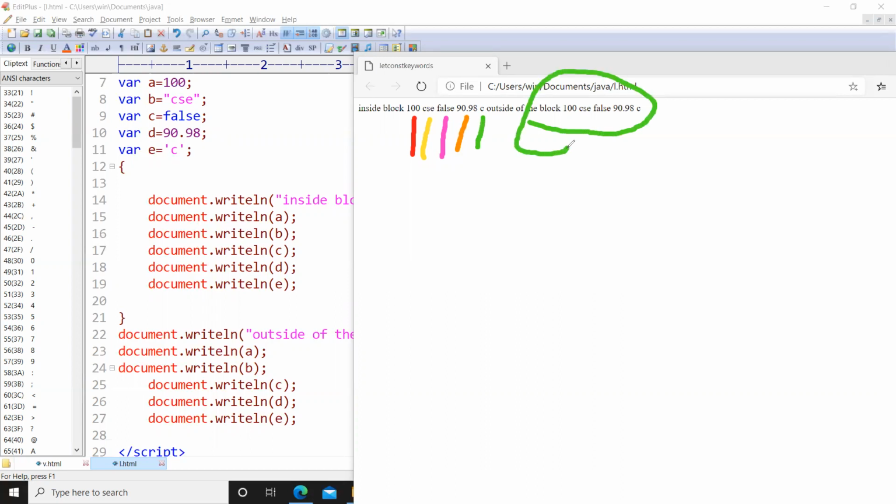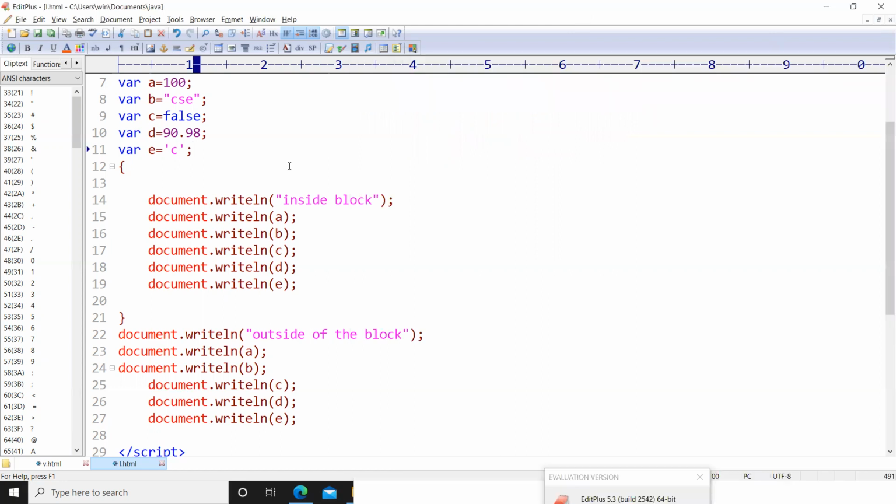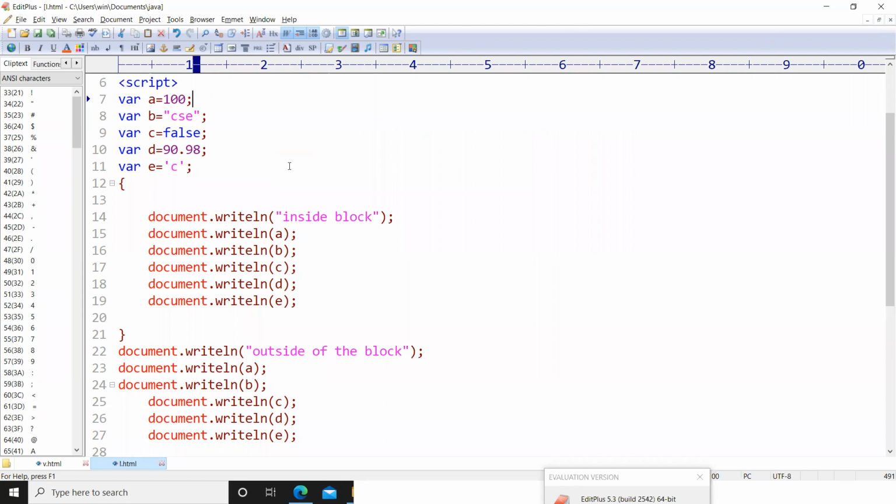We got 100, CSC, false, 90.98, and C. Okay, which means when we store a number, it is called the number data type.